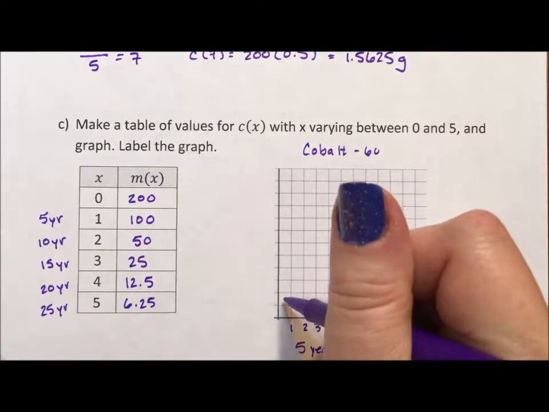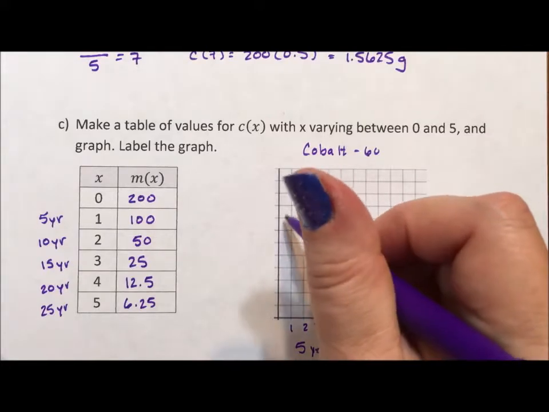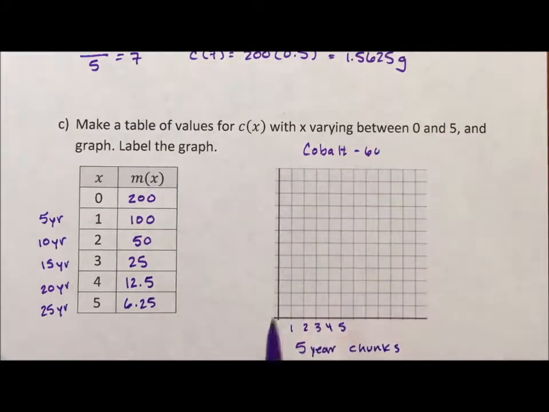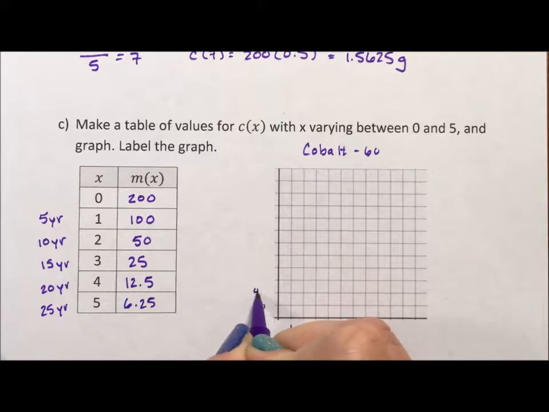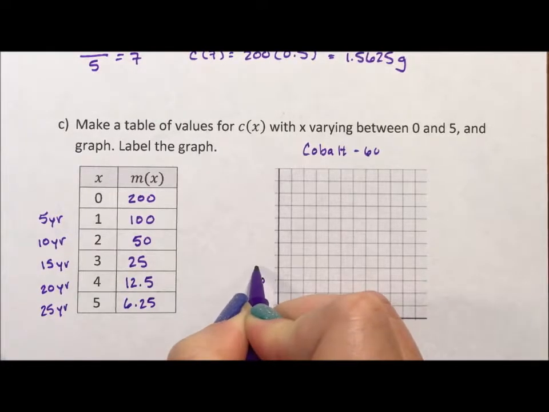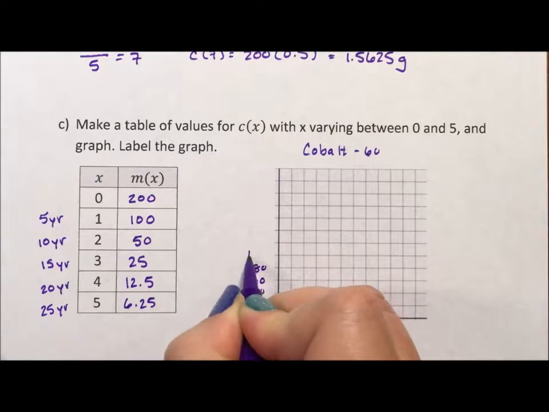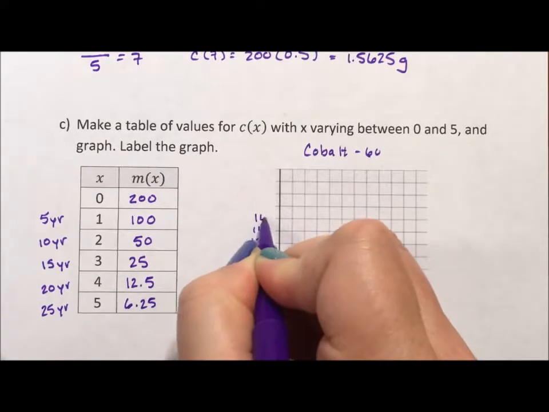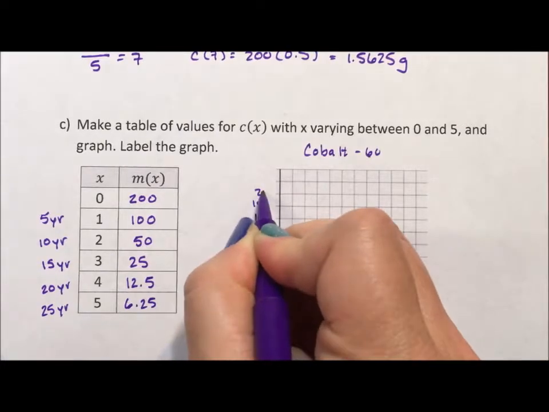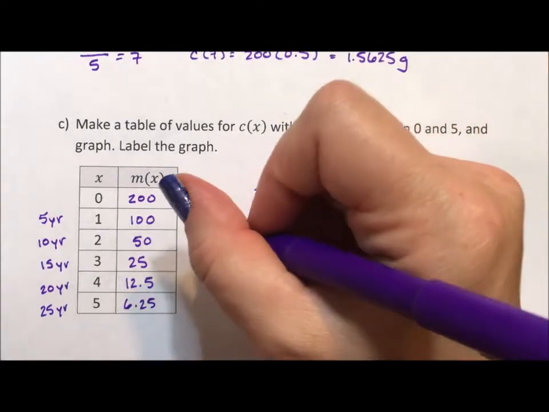Let's see, 200. 1, 2, 3, 4, 5, 6, 7, 8, 9, 10. We'll go up by 20. So 20, 40, 60, 80, 100, 120, 140, 160, 180, 200, and this is